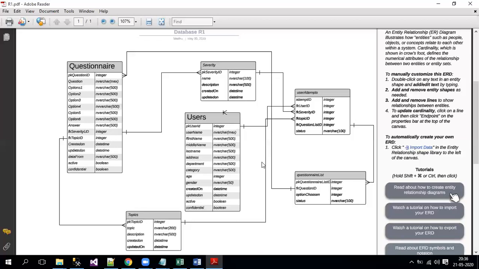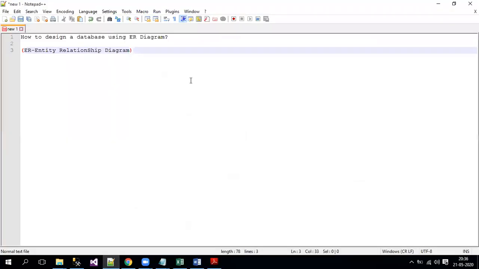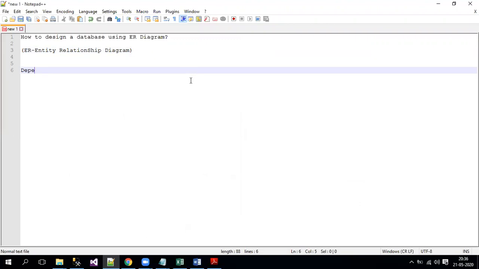Likewise, we need to identify what the dependency tables and independent tables are. First we identify that, and then we go on to create the tables. Let me put it over here: first I'll go with independent tables, so it is easy to identify, and the second will be dependent tables.